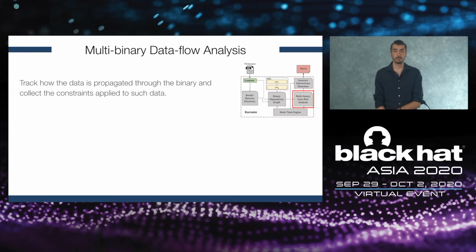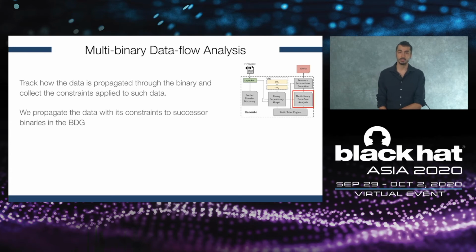Once we obtain our BDG, we analyze each binary in the BDG, and we collect all the constraints that binaries apply on shared data. And we propagate this constraint to the successors in the BDG. Now, a problem in this case is that in theory we should consider every path in every binary that applies constraints on shared data. As this is in the general case impossible, what we did is that we get the